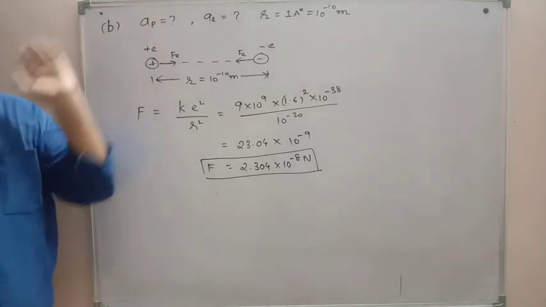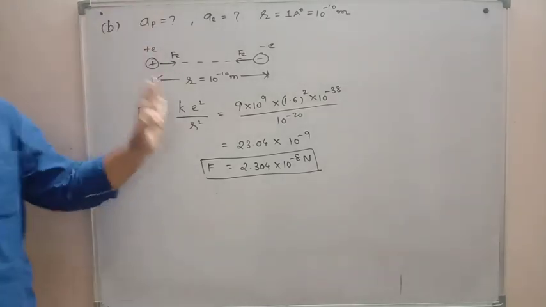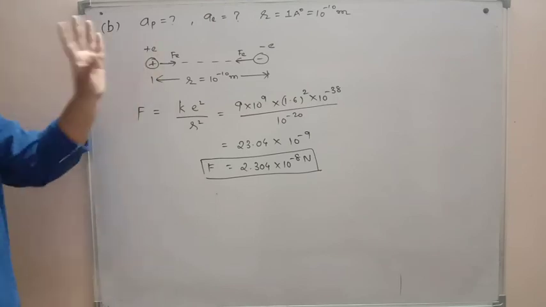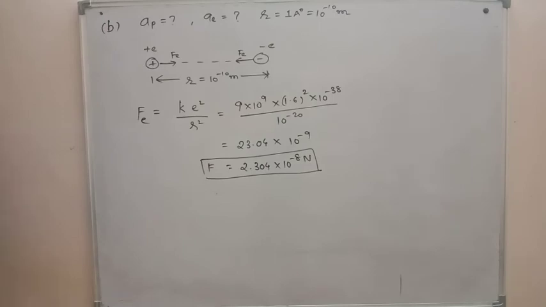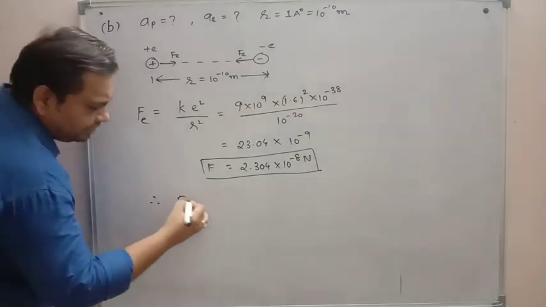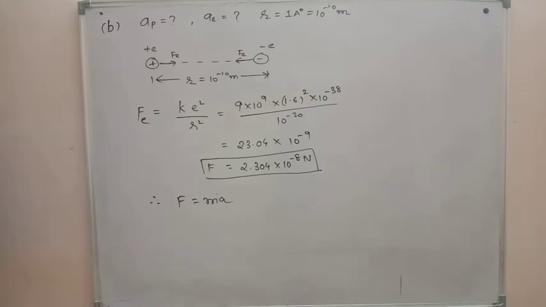We have neglected this gravitational force because it is very less as compared to Coulomb force. So we can neglect it. We can just write down the value of electrical force only. Now we have this equation F is equal to ma by Newton's second law. So therefore